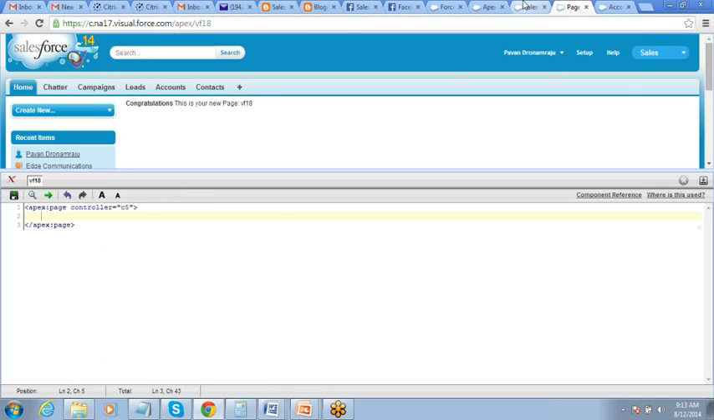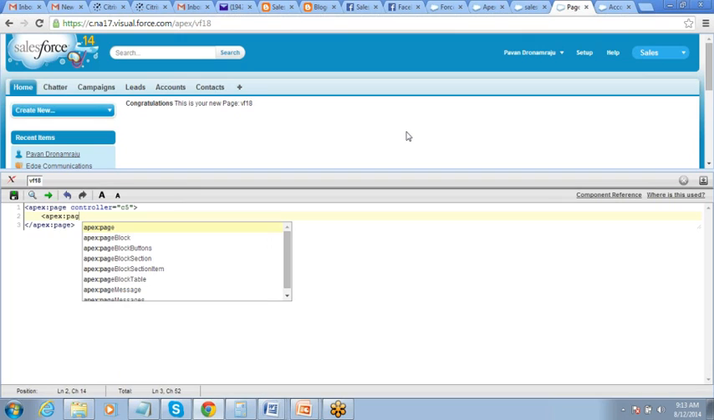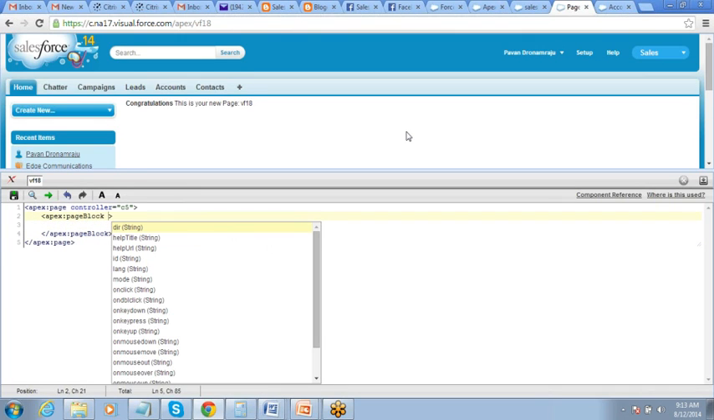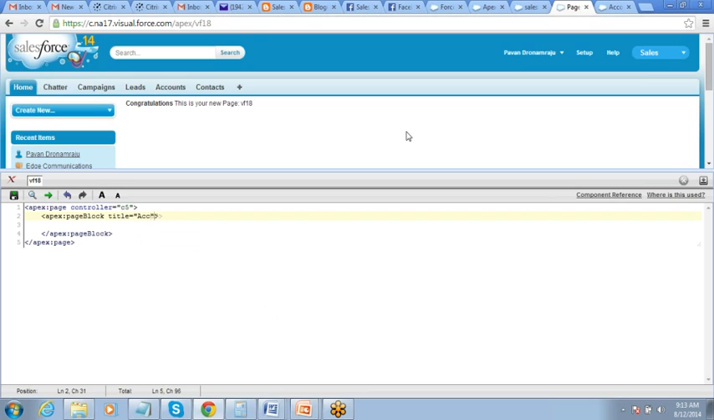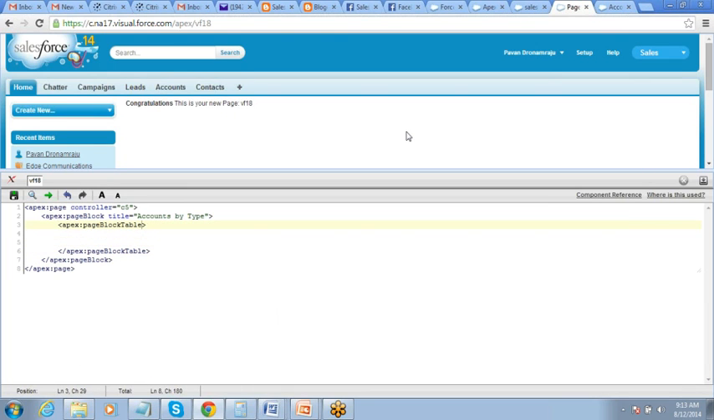I've defined my controller. Before anything, we will go and create a table. What is the name of this table? Call it accounts by type, and then put this page block table here. This time I just need one table, and the value will be